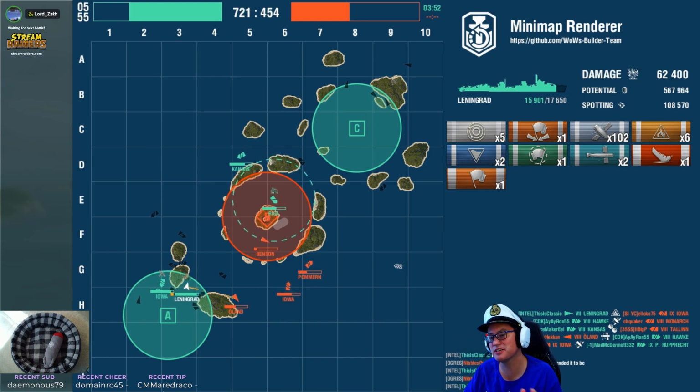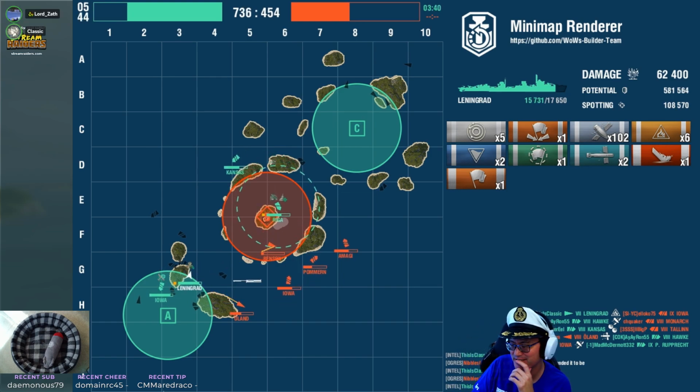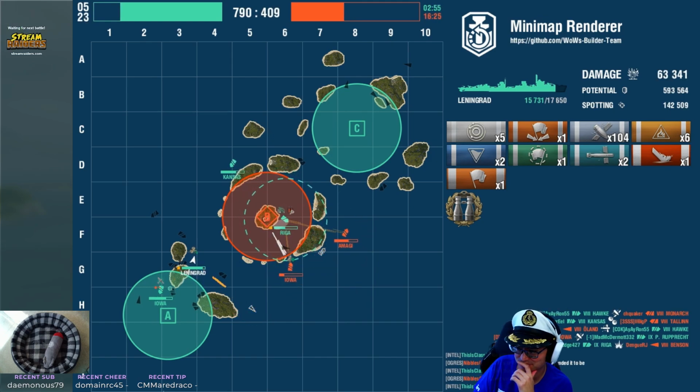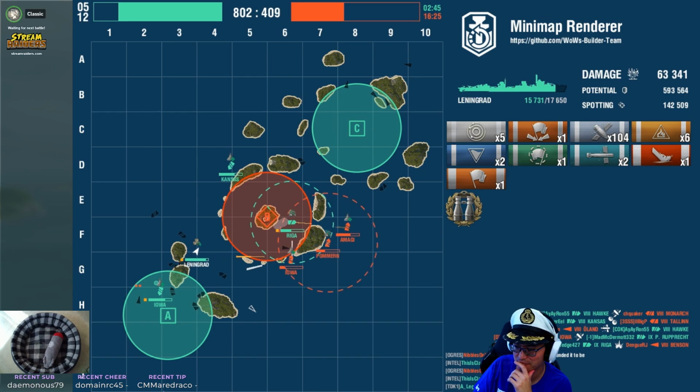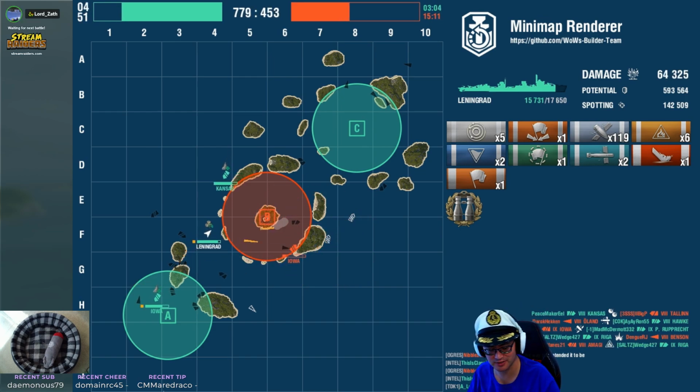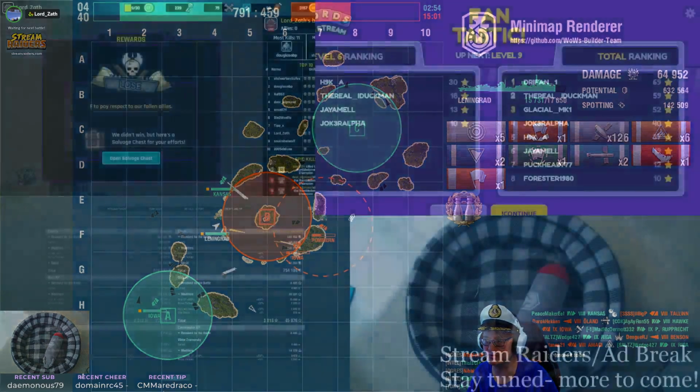Well, we do have another one of your replays coming up, Classic. So did you pick the Cossack? You got it. Okay, yeah. Cossack's my favorite tier 8 ship. Perfect. Alright, well, I'll tell you what. We're going to go to Stream Raiders for a